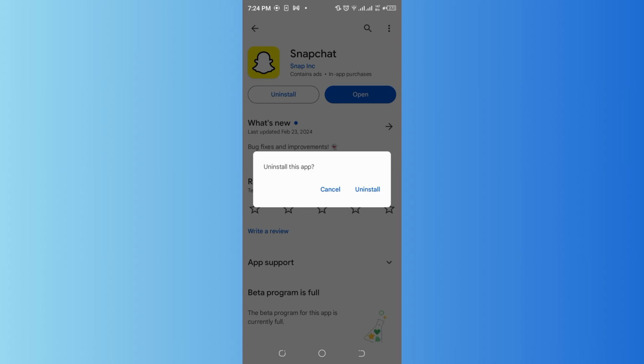And if you're still unable to log in, you can contact Snapchat support for further assistance. Provide them with the details about the error you are experiencing, and they may be able to help you troubleshoot the issue. By following these steps, you should be able to fix the Snapchat login issue and successfully log